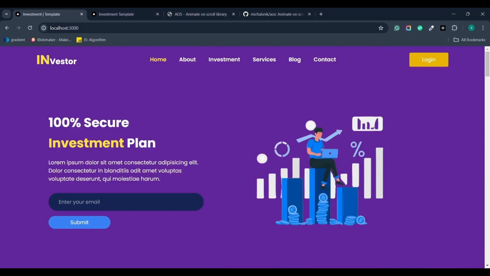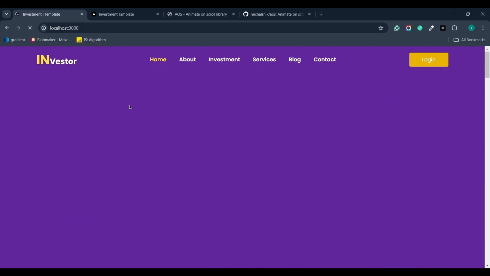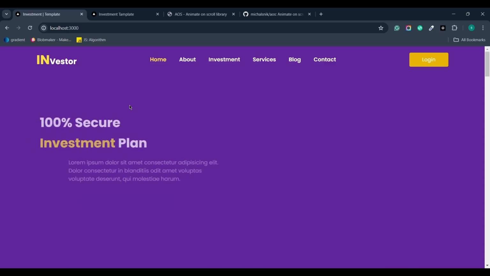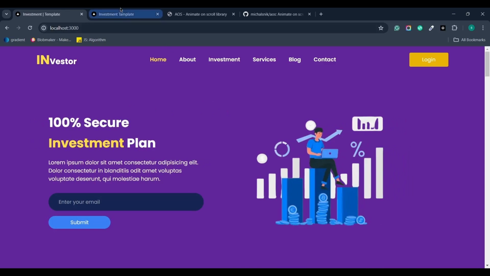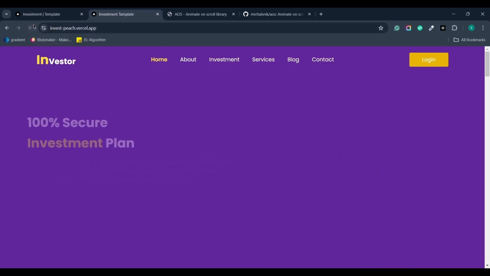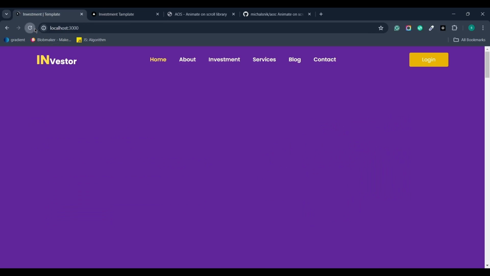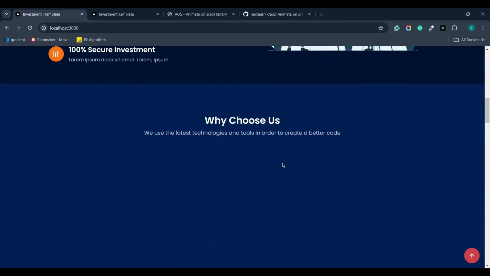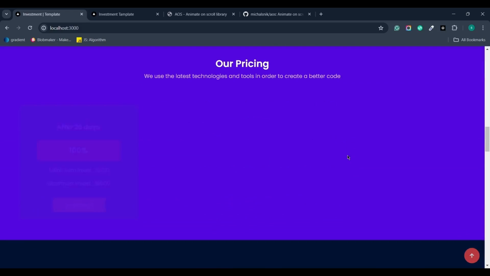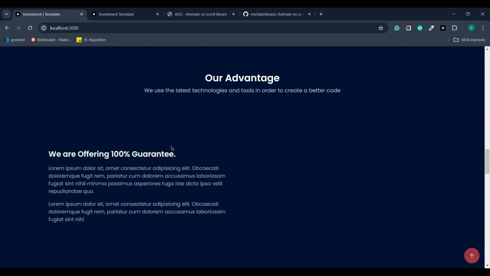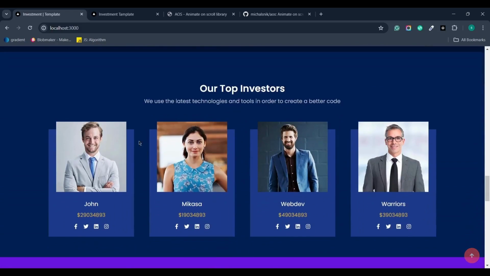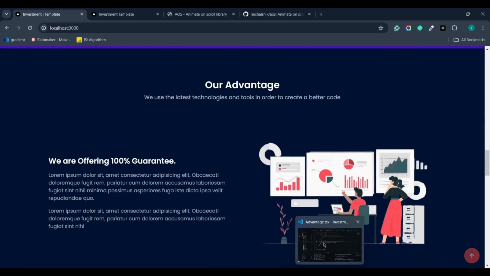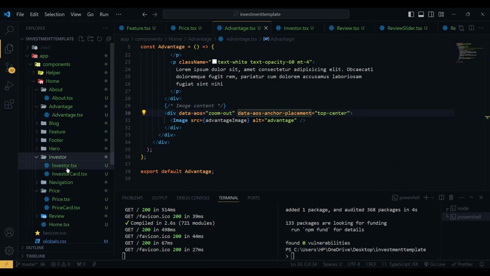and if I refresh again, so this animation, if I refresh here, so then we have this about us section animation, then why choose us, then pricing section, and then advantage section. Then we have to animate this investor section. So now I'm going to open the investor section,